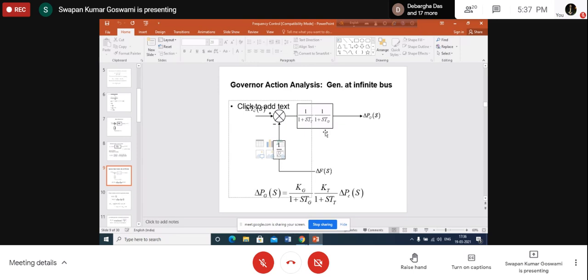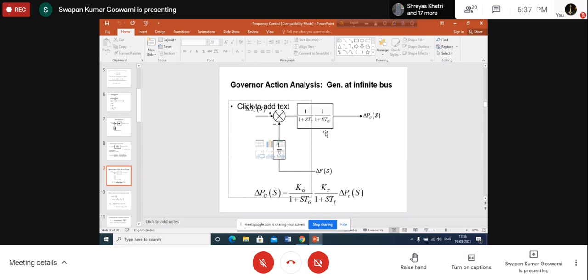Any increase in the power input to the generator will create an equivalent amount of increase in the power output of the generator. So if you give a power increase command, if you increase the opening of the steam valve, there will be a corresponding increase in the output of the generator only, without any change in the frequency or any change in the speed. That means at steady state there will not be any change in speed. During the intermediate period, obviously there will be a change in speed, because otherwise how would the output change? Because for a change in the output of the generator, the delta value has to be changed.